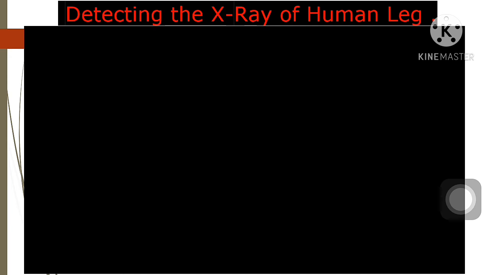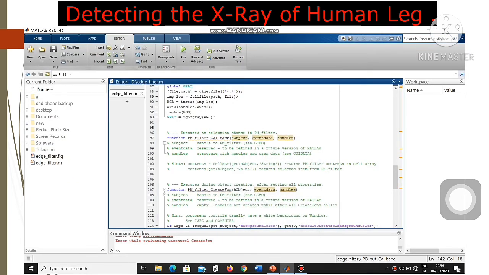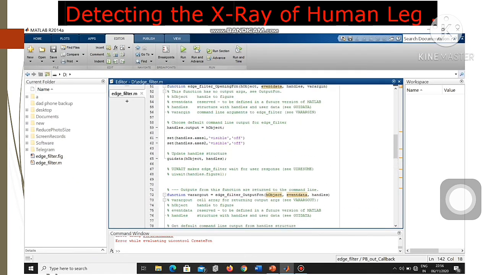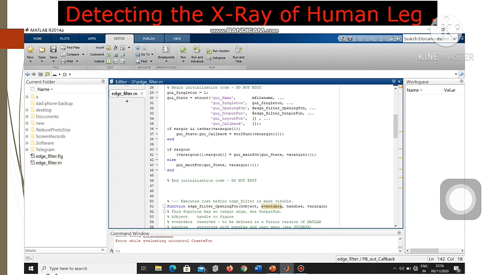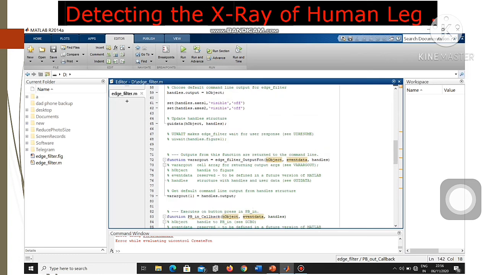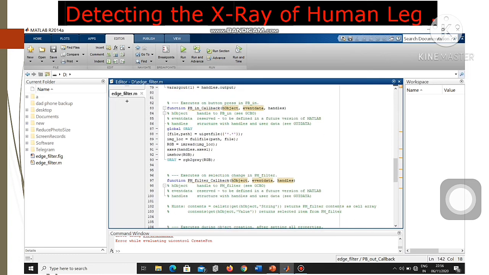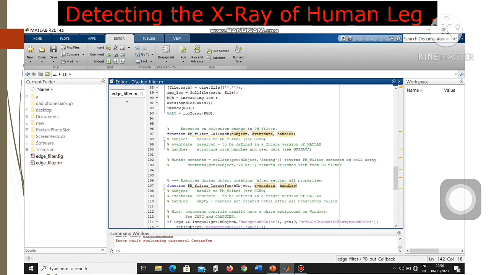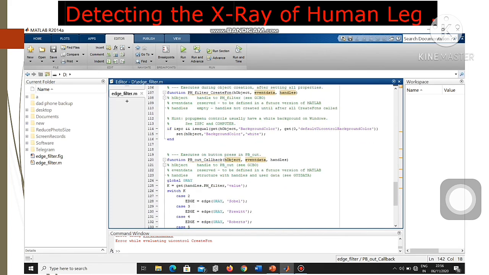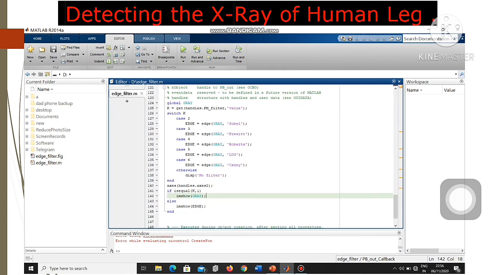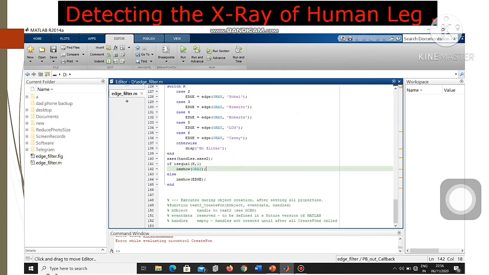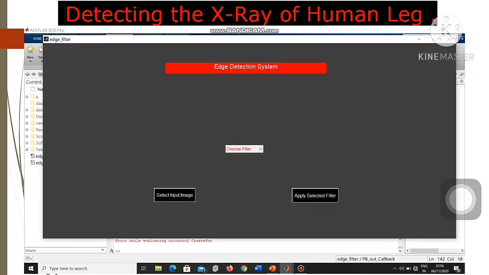This is the MATLAB code, with the instructions and code used throughout the programming. It uses a GUI concept to select one picture and filter it with four types of filters: Canny filter, Sobel filter, Prewitt filter and LOG filter, to get the output shown in this video.